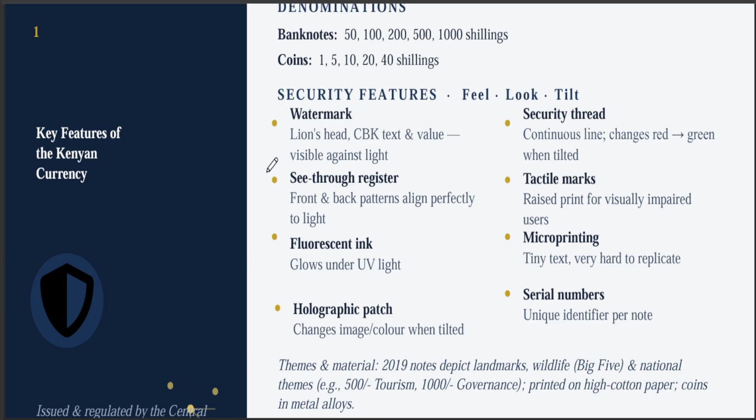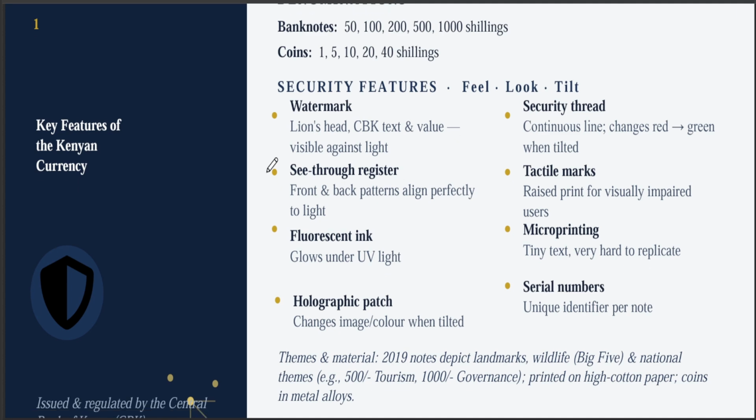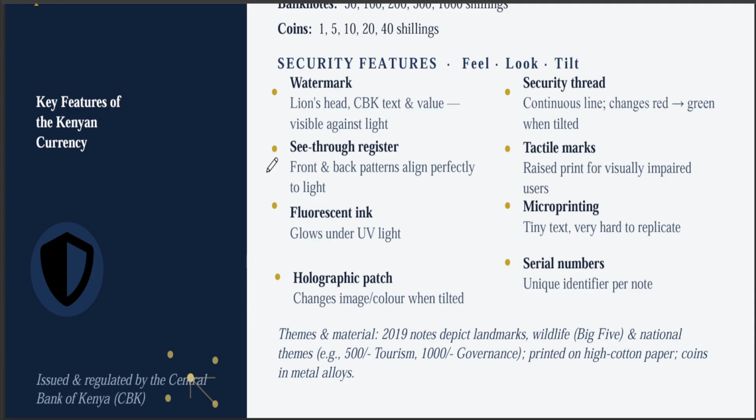So, and then we look at the, by the way, the money, the currencies and everything is usually issued and regulated by the Central Bank of Kenya. So that is the main function of the CBK. It regulates the bank and it also regulates the currency that we have. It can print out money, but we can't do that for now. I think you guys know the reason. The reason why we don't print money, even though we have a machine for printing money, is because once we print a lot of money, then the value of money will fall down. Na maanisha pesa ziko kwenye society, so itakuwa hata ile value ya hiyo pesa itakuwa kidogo sana, and that is how inflation comes about.